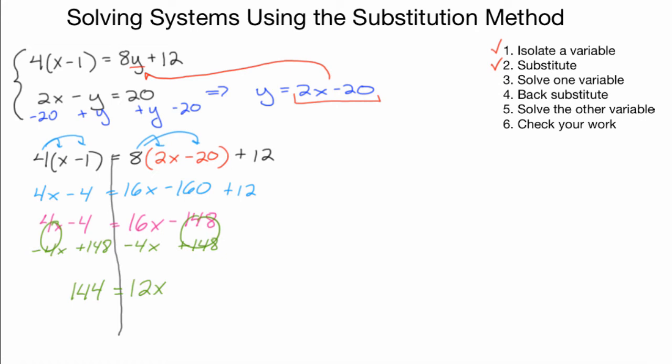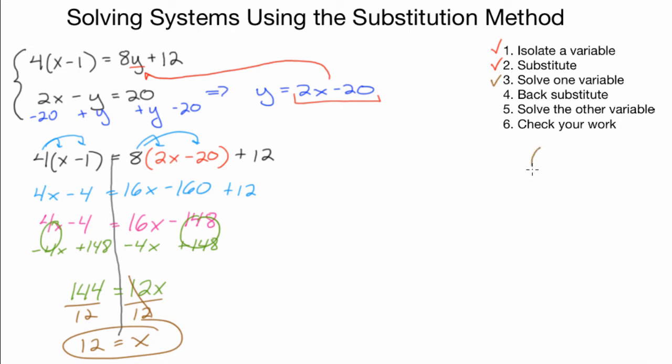My final step is to divide both sides by 12. Those divide out, and it looks like x is equal to 12, since 144 divided by 12 is 12. We just found part of the solution. We solved for one of the variables. If I graph these lines and think about which x and y value make both these equations true,